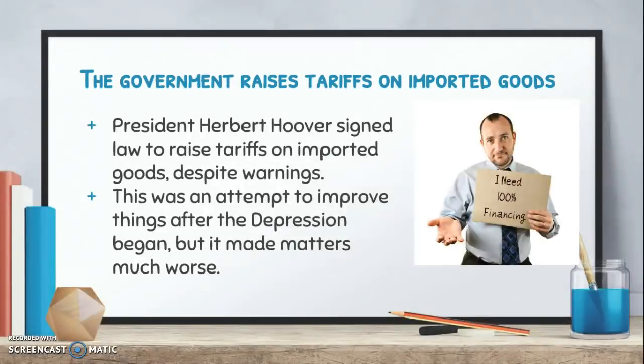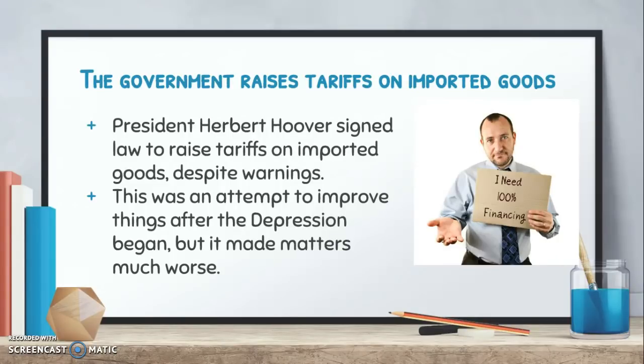The government raises tariffs on imported goods. The outgoing president in the early stages of the Great Depression was a man named Herbert Hoover. He signed laws to raise tariffs on imported goods. He received many warnings that maybe this would not be the best idea for this country at the time, but he went ahead and did it anyway. One of the tariffs he came up with was the Smoot-Hawley tariff, or the Hawley-Smoot tariff bill, an act signed into law in the late 1920s,